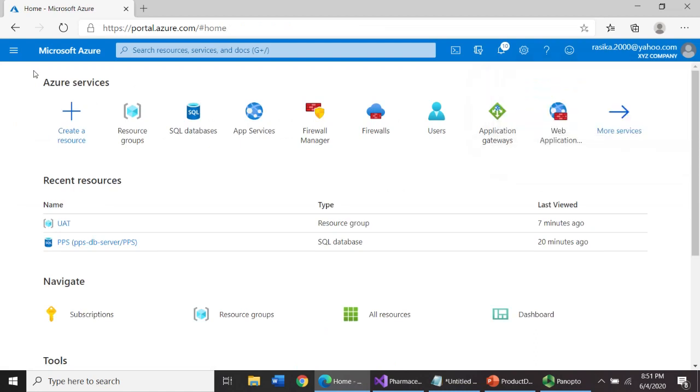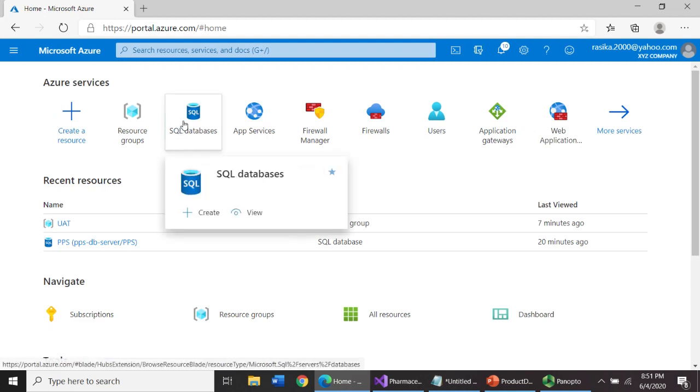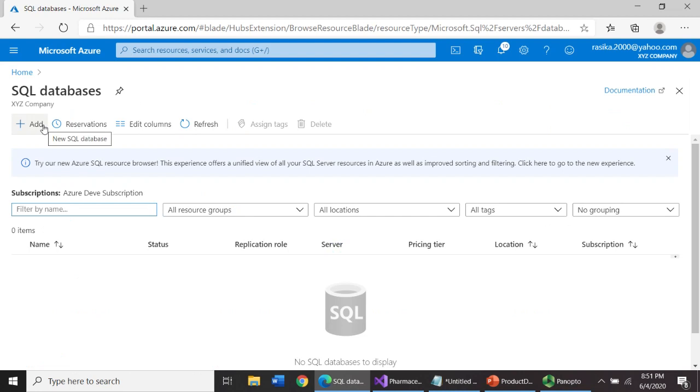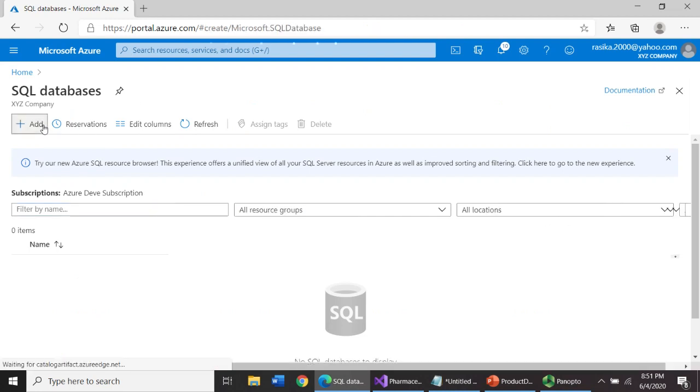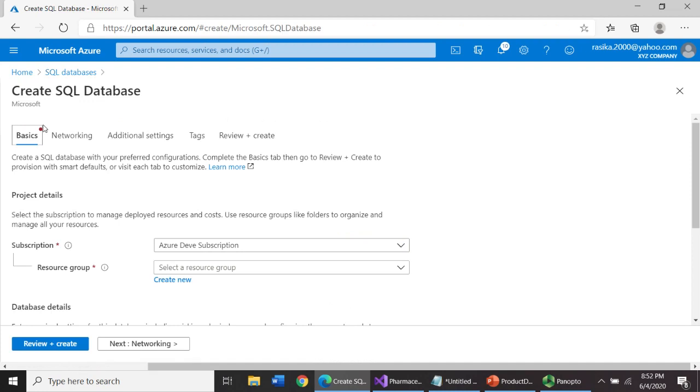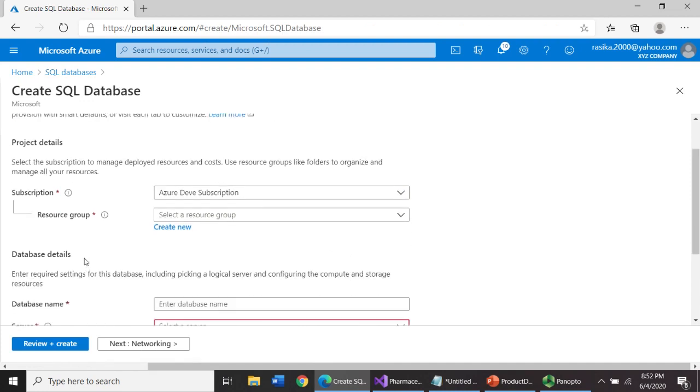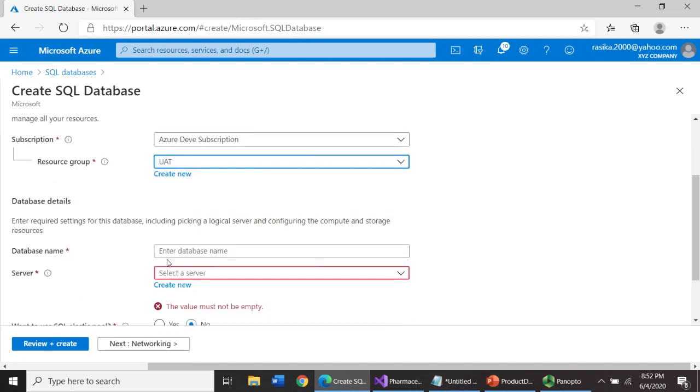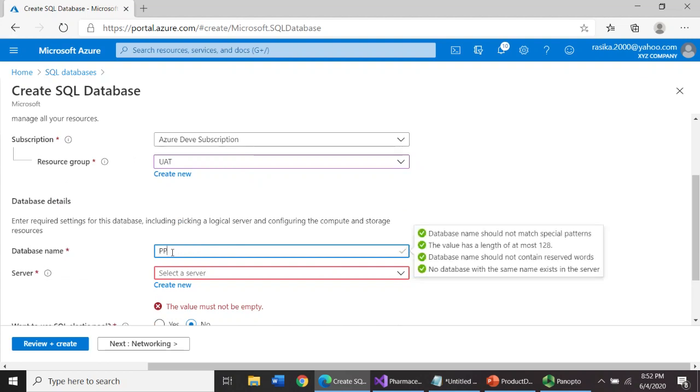To create the SQL database, again you can click on SQL database icon on the portal or search it over here. Since it's available, I'm going to click create over here and click add. Then this will redirect you to the create SQL database screen. From here, you need to select your subscription. Next, you need to select your resource group and enter the database name. I will enter PPS,